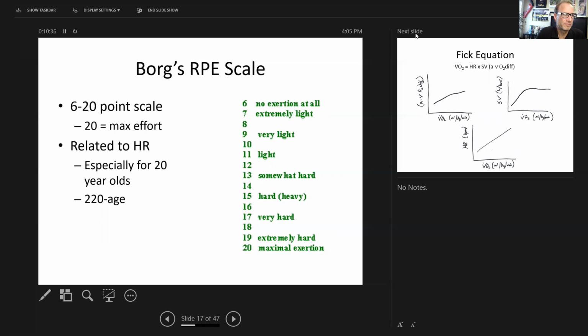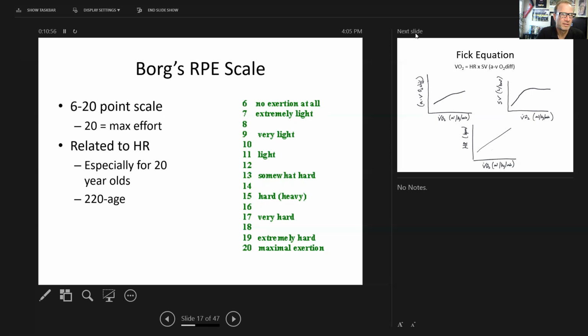And that's a good message to have in terms of talking with people about intensity. Now, RPE is directly related to heart rate. And this scale, the reason why we have gone to a 10-point scale is because this scale was built off of